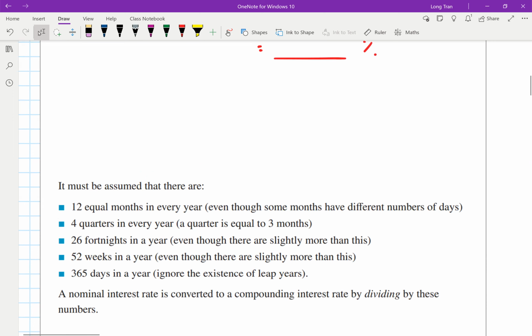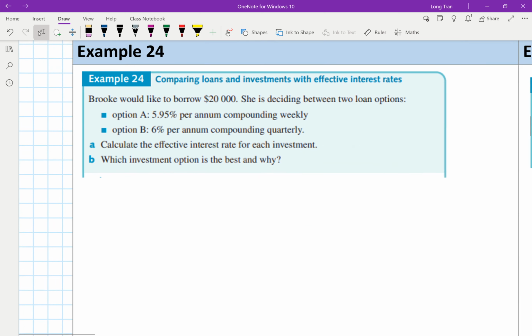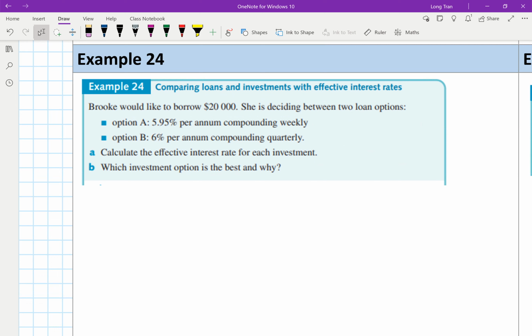What's example 24? I'll do a video on this one, but essentially this is your typical scenario with effective rates. You borrow $20,000. There are 2 companies. Should you borrow option A, 5.95% per annum, compounded weekly? So every week you'll have to compound it. Or is it better to go with 6%, so a higher interest rate, but it's compounded quarterly? Which one's better? How do you know? That's what this exercise is to get you to do. If you can change them all to an effective rate, you can then do a comparison and say,